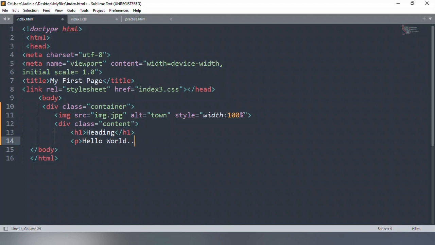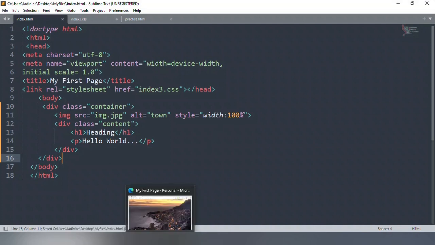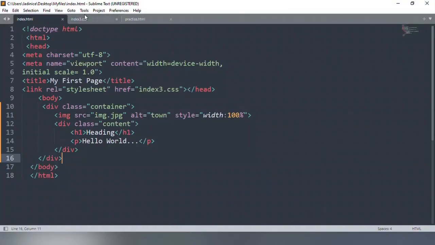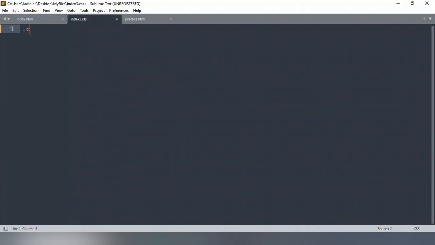Okay, hello world. Let's close the paragraph, then the div. So when we save and refresh, you see it, there it is. So we're done with the HTML. We go to our CSS styling. So we're going to style the container first.